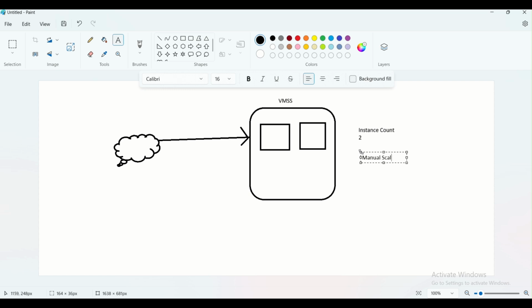Manual scaling. So if you require two servers at a time, two instances running at a time, you will go and manually set up two. So I need three. Yes, you manually go and rename two to three. You will get three instances running. This is about manual scaling. But if you use manual scaling, one person needs to go and increase or decrease based on the requests received. Instead, there is one more concept called automatic scaling,